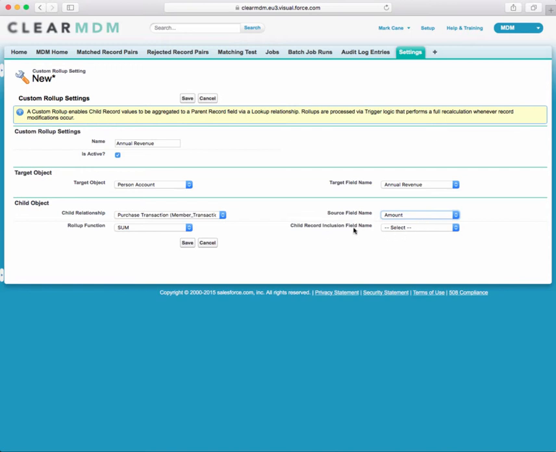And finally, the child record inclusion field name. This is looking for a formula field on, in this case, the purchase transaction object that returns either a true or a false. And this allows me to be selective in terms of whether records are part of the aggregate calculation or not. But we'll just save this annual revenue